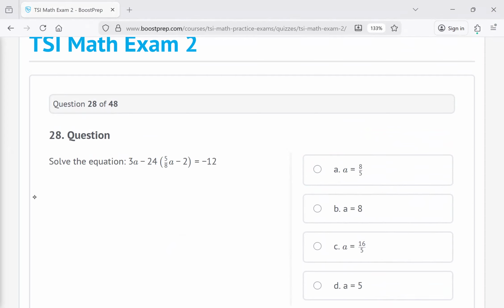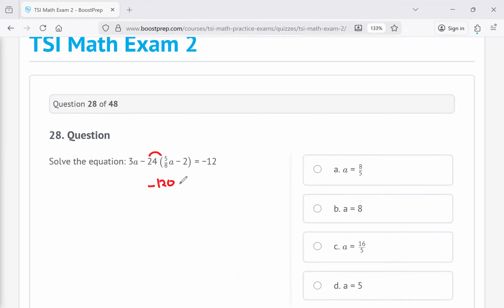Solve the equation: 3a minus 24 times (5a minus 12) over 8 equals -12. Okay, before you probably think maybe I should multiply everything by the LCD because we have a fraction. Don't. Instead, just try to FOIL out this -24. So what is -24 times 5a? Well, just multiply -24 times 5, and I get